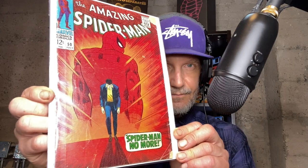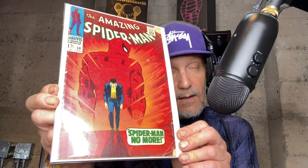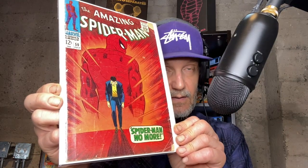I think it's going to come back a 2.25. That's what I anticipate. I love this cover. It's one of my favorite Spider-Man covers. It's definitely a top 10 of all-time favorite covers. What am I talking about? Amazing Spider-Man 50. Look at this beauty. It is just a gorgeous cover. It's in my top 10 for sure of all-time favorites. Top 5 Spider-Man for sure, but it has definitely some issues